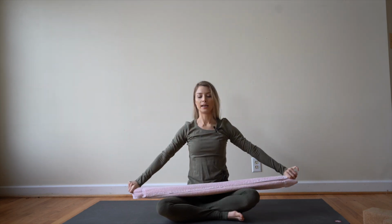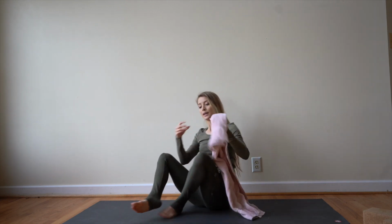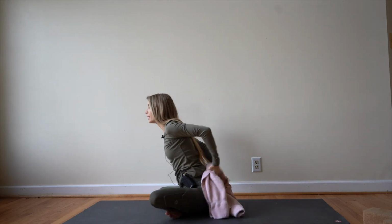As long as it felt like it was safe and not like you were going to really push through something, if you can get your arms all the way down and behind you, you can do that. But not everybody can do that. It just depends on your shoulder structure. It's not like a better or worse thing. So if you can, go ahead and do that. And then you could go all the way down. And then you could also take your towel or your strap behind you,